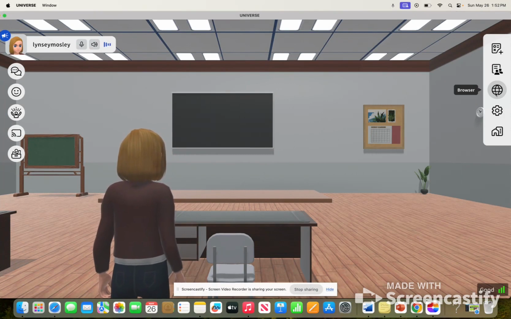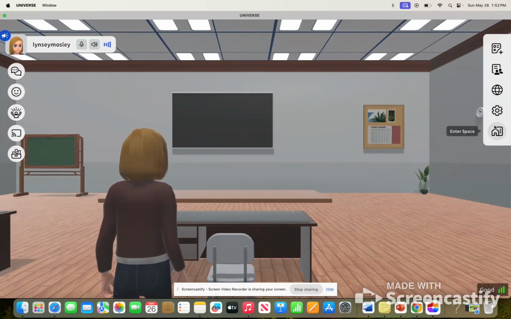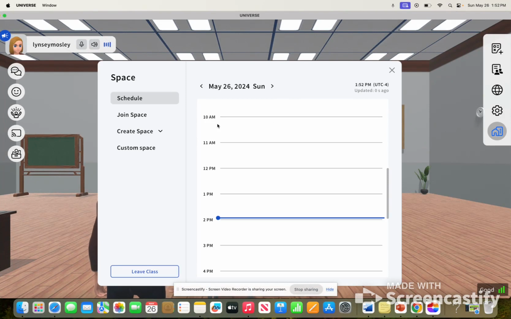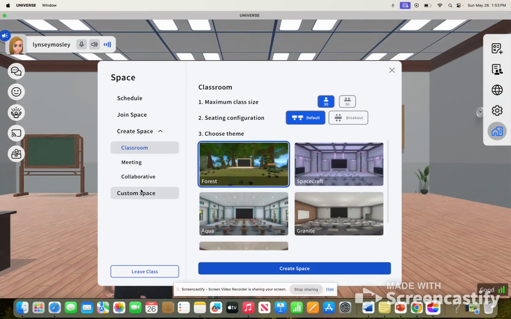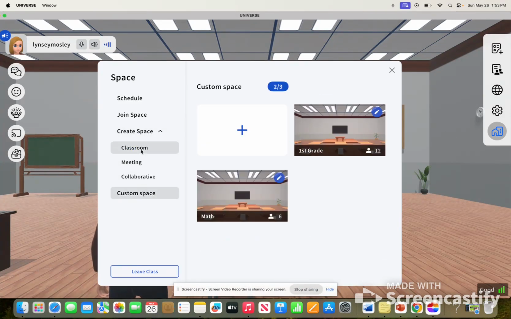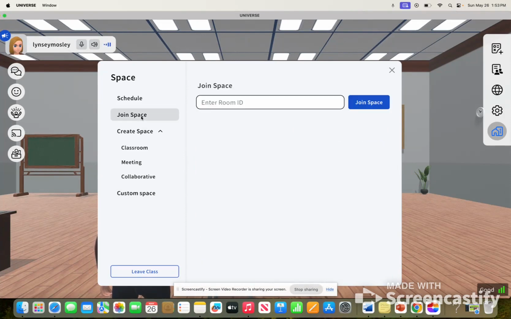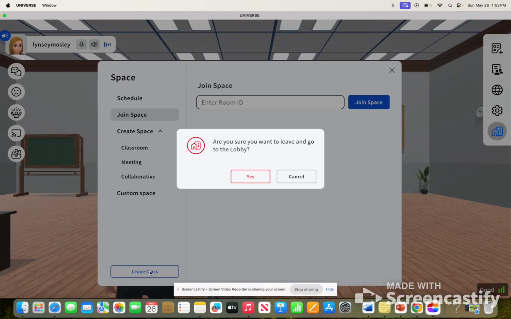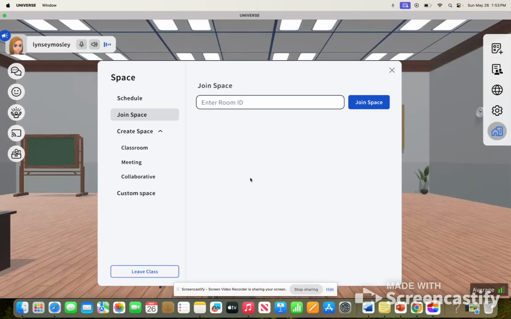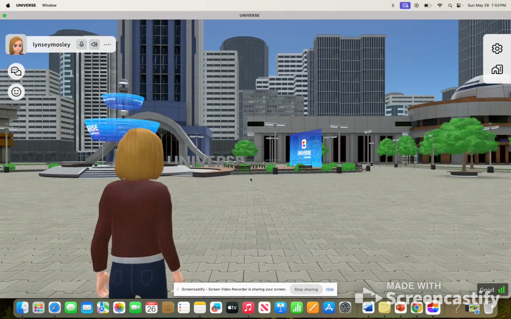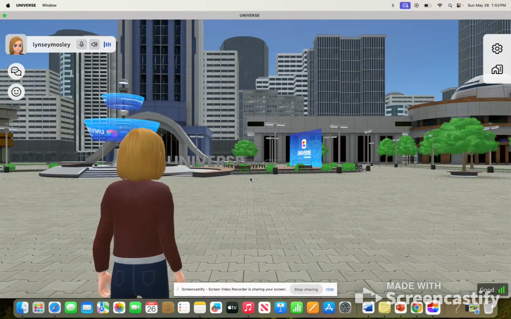Under this is the browser. So within Universe, you have a browser that you can look things up. You have your settings, and then enter space. This takes you back out to the lobby, where you can create another space. You can join a different classroom by entering the room ID, or you can leave the classroom. When you leave, it takes you back out to the lobby, and then you have the ability to join other